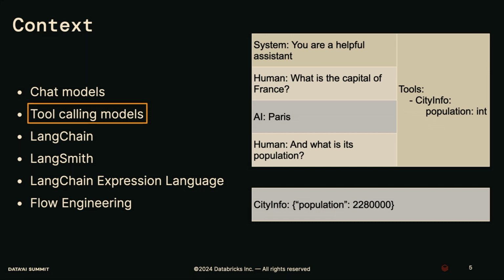Tool calling models we use extremely heavily in LangChain agentic flows now, and in particular in LangGraph agents. And the idea here is they're basically the same as chat models, but in addition to passing those messages, you also pass some schemas of structured data that you want to get out from the LLM. And so in this case, we could pass it a tool such as city info that passes back the population as an integer. And in this case, instead of getting some text that could be harder to parse, we can get back a JSON blob where it says population 2.28 million as an integer,